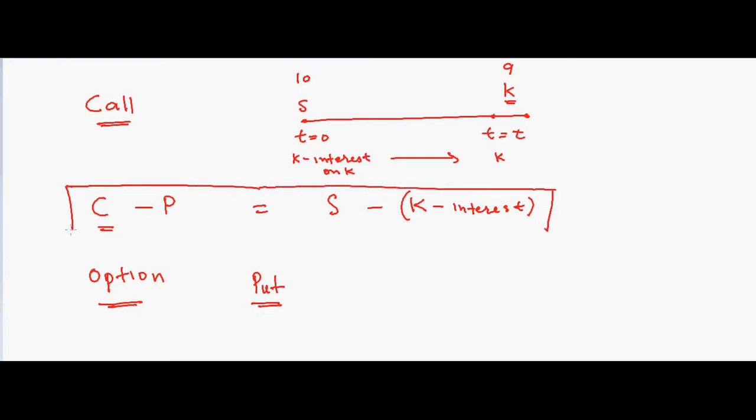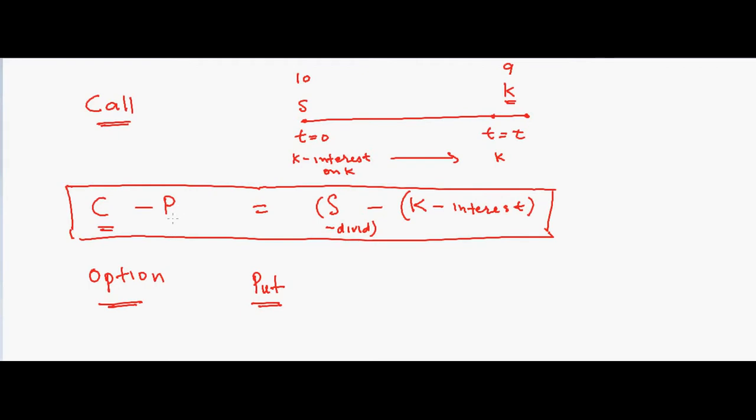Now if you want to put more details into it, we can also consider the dividends. S is the stock, right? If we had bought the stock right now, then we would get all the dividends until time T. But because we are not buying the stock, we are buying the option, we will lose all the dividends. So those dividends need to be subtracted from the S. So we have to say minus dividends, minus D. So that's how the call put parity looks.